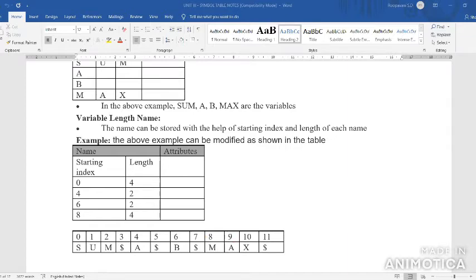Variable length means you indicate the starting and ending of the given variables. Then only you save the given data into the information.